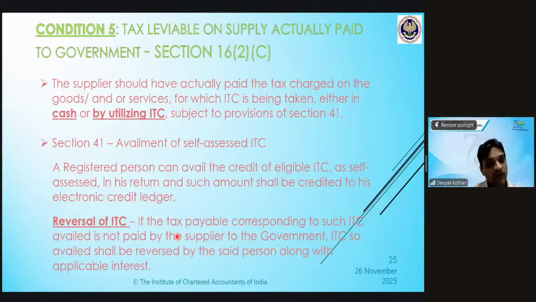The government says, okay, we'll give you the credit because we are following the supply chain. That supplier has paid the tax, so the receiver will get the credit. If the supplier has not paid the tax, it's a loss to the government. The supplier has not paid the tax, but you are getting the credit simply. Correct. So that's why the government has brought in this condition. He has uploaded in GSTR1, fine, 16(2)(aa) condition is satisfied. Very good. But this 16(2)(c) condition says that he should pay the taxes to the government.